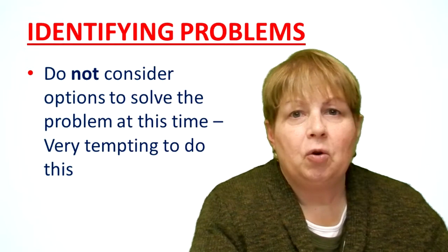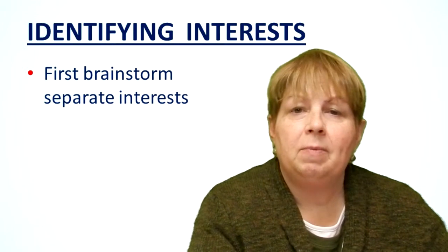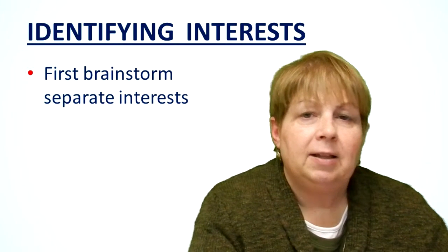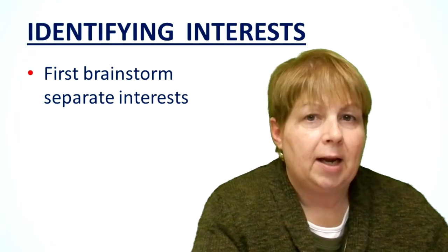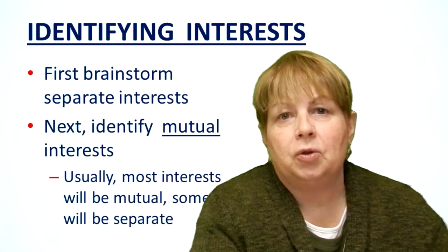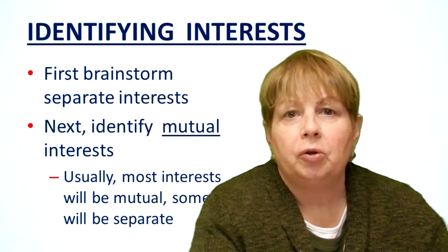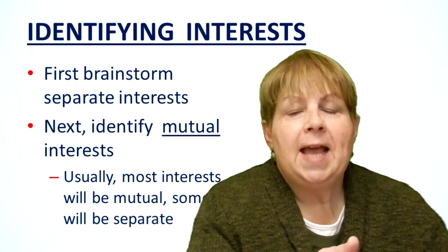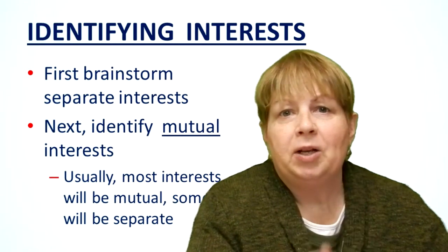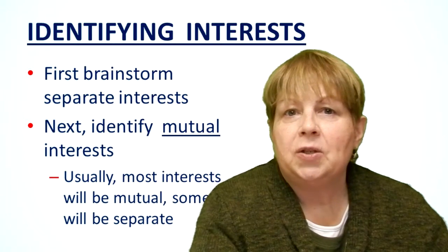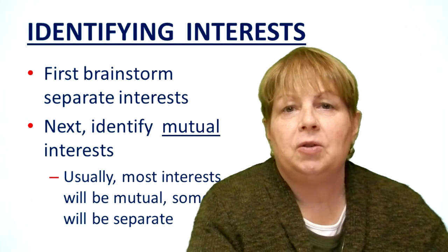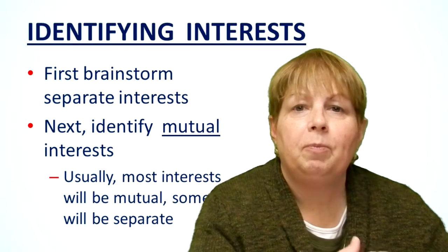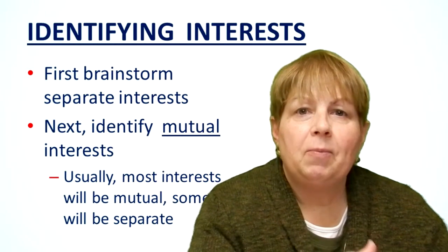So the next step, of course, is to identify interests. And remember, each side's going to identify their own interests. Then, and this is the important part, you're going to go back and identify your common interests or your mutual interests. You're going to circle those that you have in common. There may be some that each side brainstorms, but may not be on the other side. But as you go through each of those interests, the other side determines, yeah, that's probably one of our interests too, and that's a good thing. So you need to remember that.